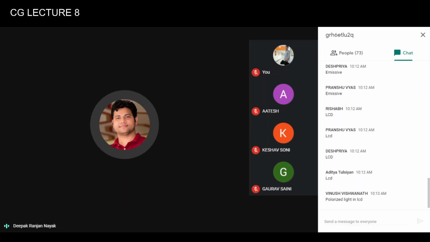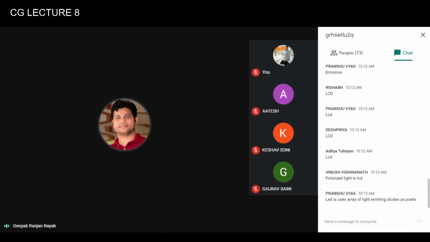One is falling under one category called emissive, and another one is falling under another category called non-emissive. So then how are these diodes arranged? These diodes are arranged maybe in the form of rows and columns to form the pixels, and finally you are getting the displays, the images in the monitors. And how are the picture definitions stored in that case? Maybe in that case also refresh buffers or frame buffers are used, right?